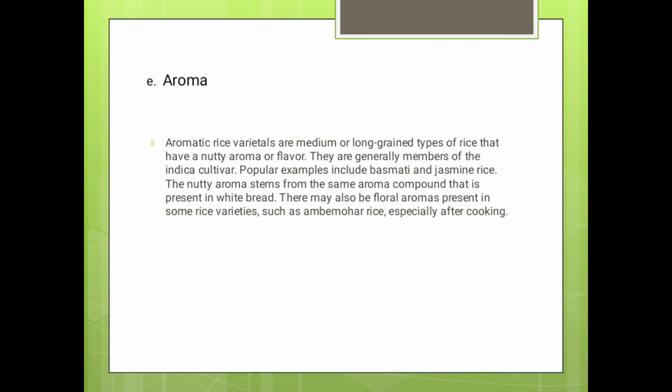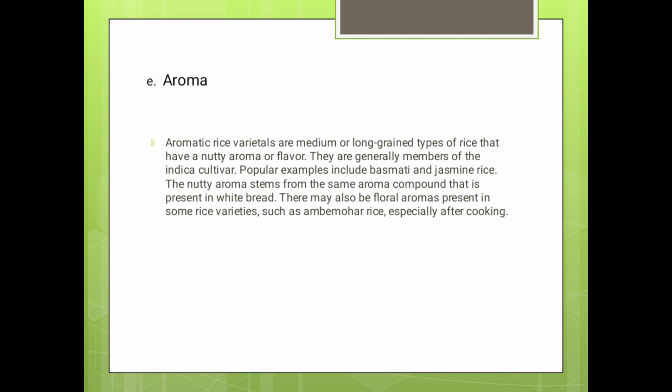And lastly, the aroma. Aromatic rice varietals are medium or long grain types of rice that have a nutty aroma or flavor. They are generally members of the indica cultivar. Popular examples include basmati and jasmine rice.